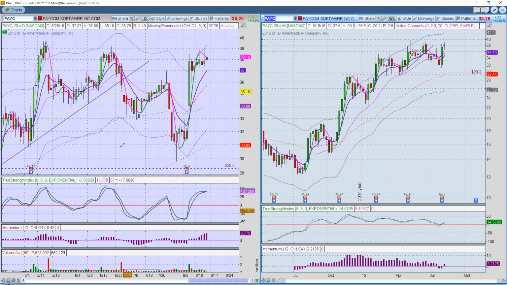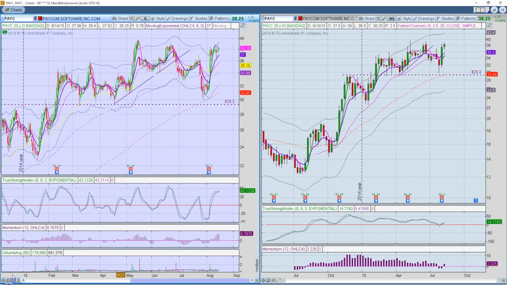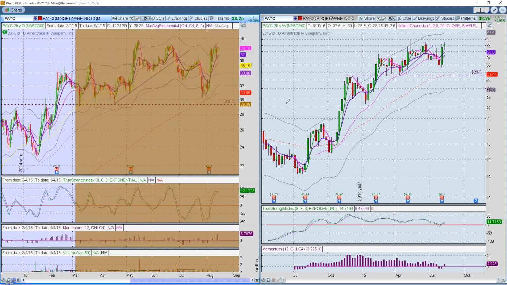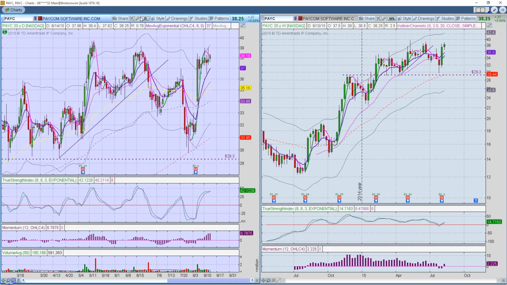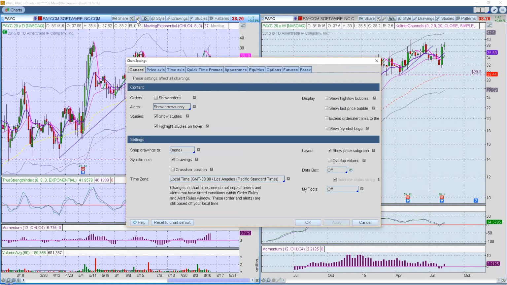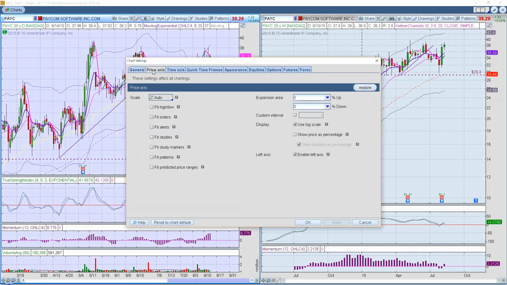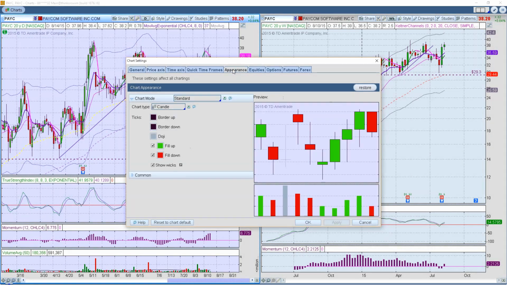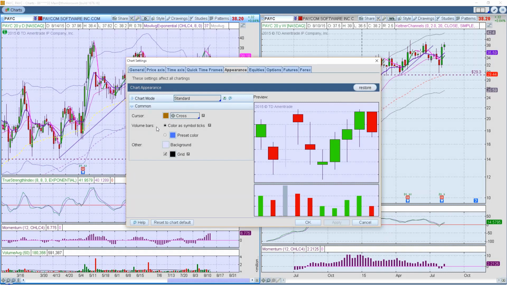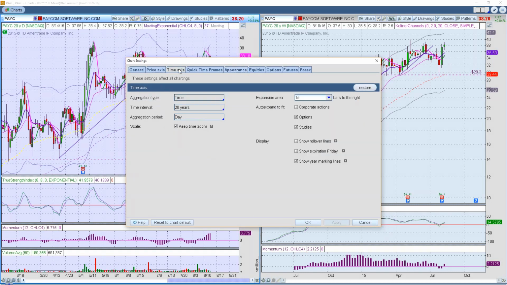How do you get them to maintain the freeze on the zoom? Basically, it is up here. You go to this little wrench thing here, and that'll pop up. And then you go to, is it price action? Appearances. No, time frame. There we go. This little mark right here, and you just basically say keep zoom, and we'll maintain that zoom.